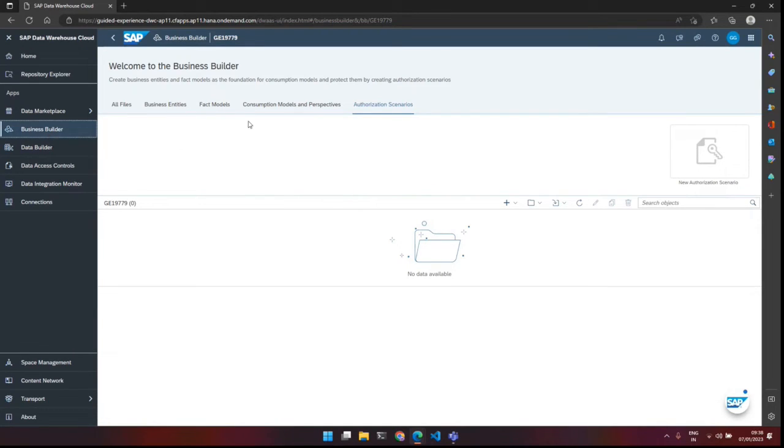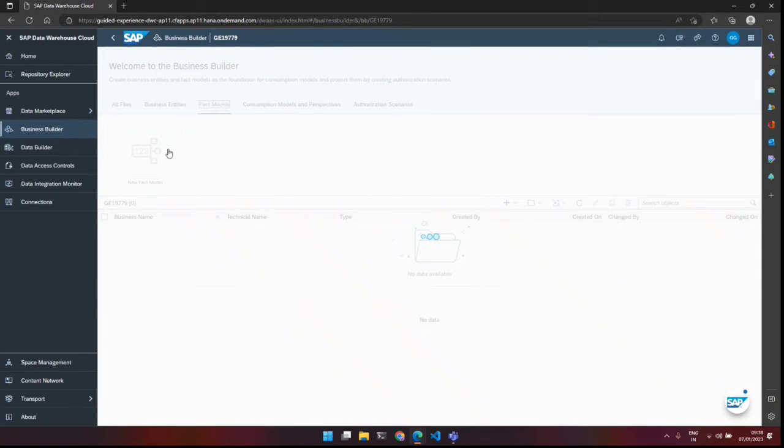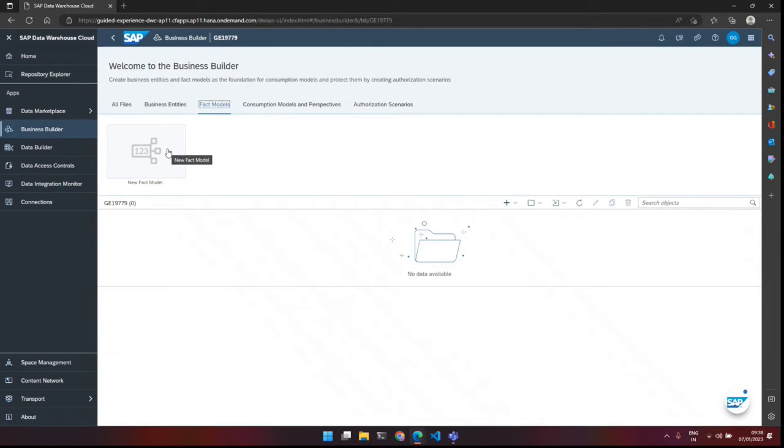But coming to the model itself, say for example, there is a sales cube, and within the sales cube, you want a European user to only have access to the Europe data. You have an American user, and they should have access only to their markets, right? So this type of row level security can also be modeled using the authorization scenarios.